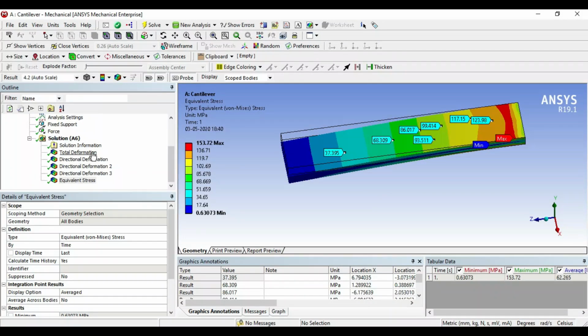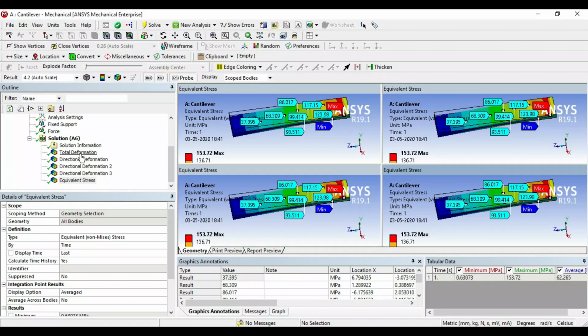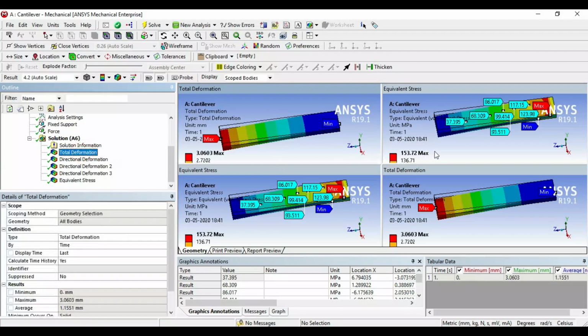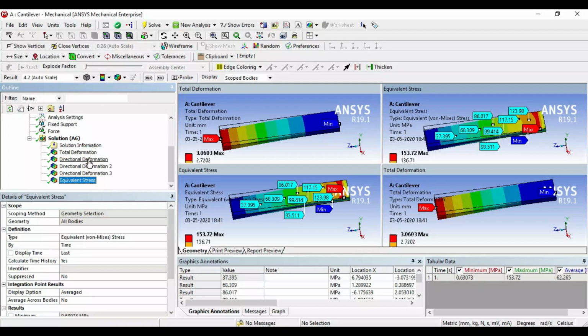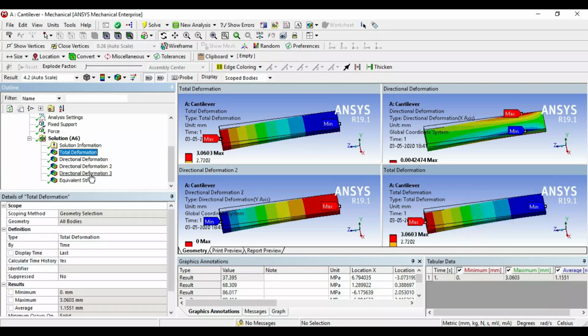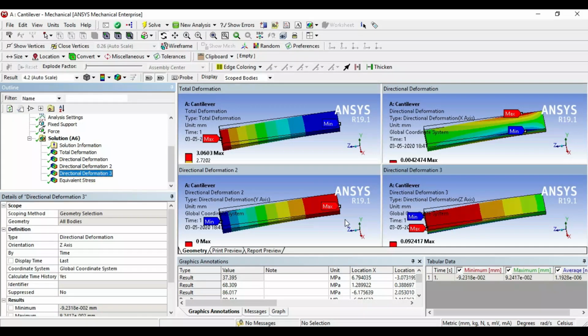If you want to see the deformations simultaneously, then we can use another mode, that is known as 4 viewports. In this way, click on this total deformation. This is for the first window, use total deformation. For the second window, use directional deformation along the x-axis. Then it is for y, and it is for z. So in this way we can see all the deformations: total deformation, and deformation along the x, y and z directions. So these are different ways to visualize the results.